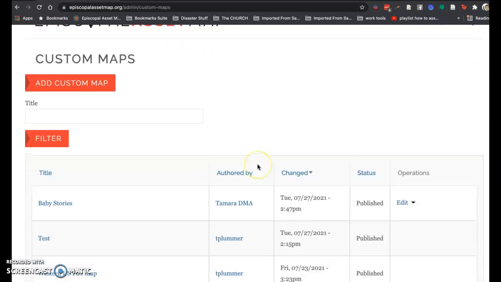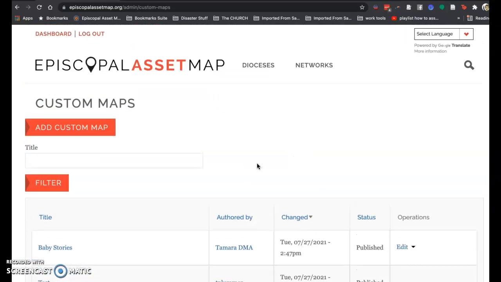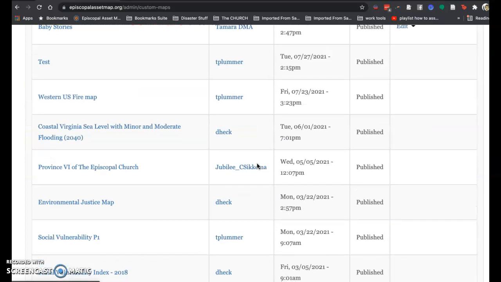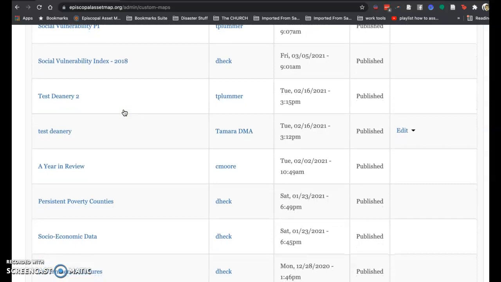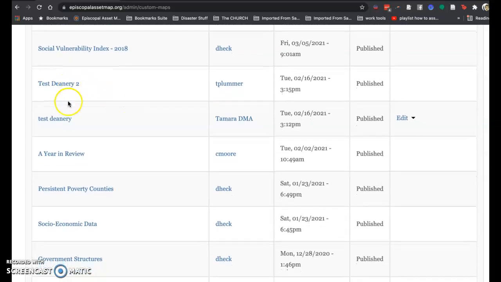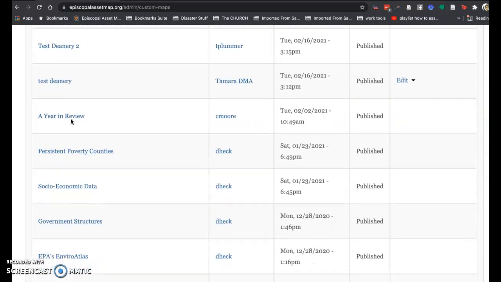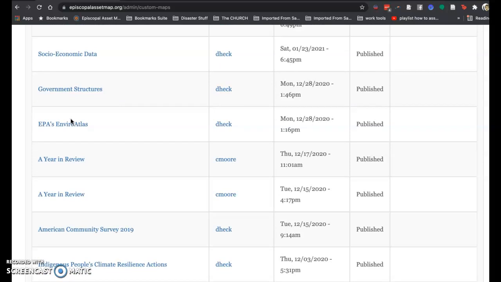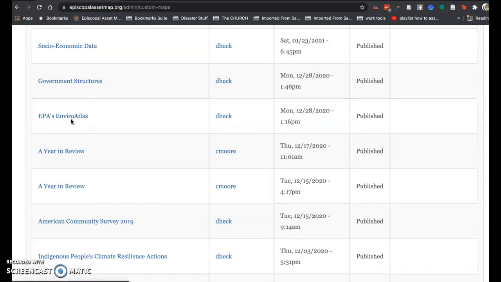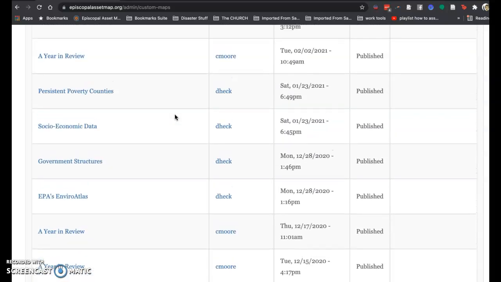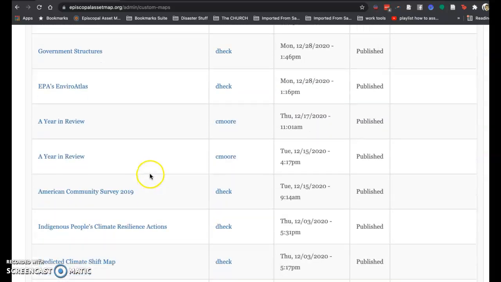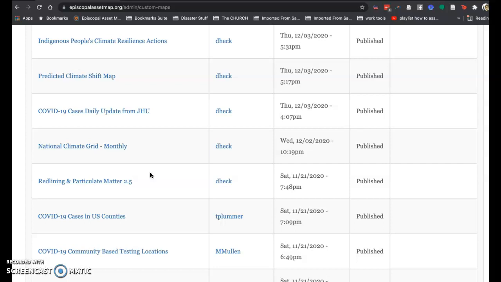and you can just see all kinds of custom maps that other people have created by clicking custom maps, view all custom maps, and you'll see a variety of custom maps that other users have created and you'll see a bunch of ones that I've tested, and just take a browse and look at what's already out there. If you want a good user, I suggest using Delia Heck as your guide. D. Heck, she works on the Environmental Racism Justice Committee for the Episcopal Church's General Convention, and has continued